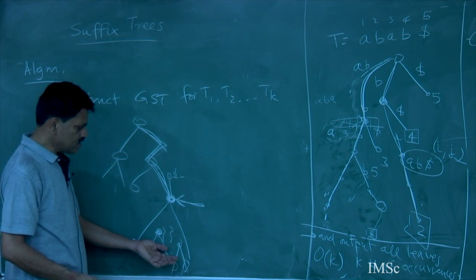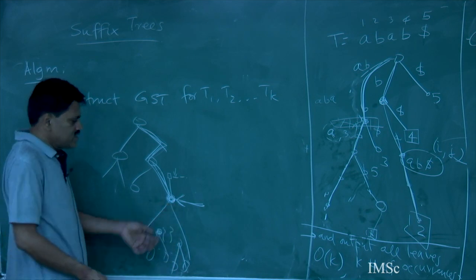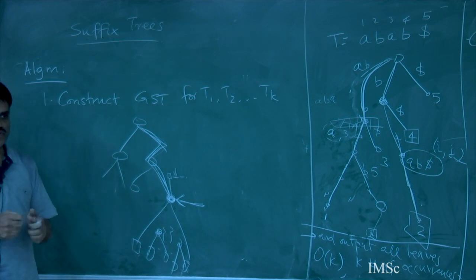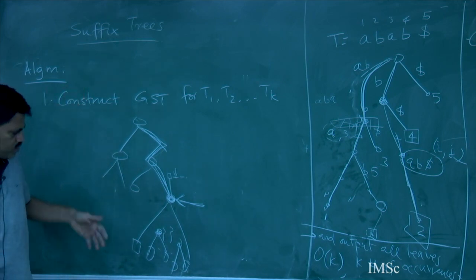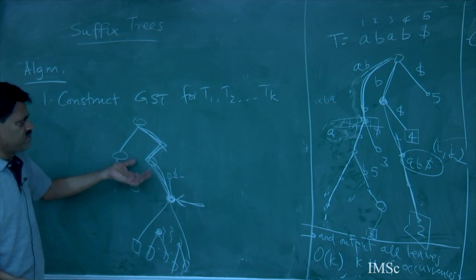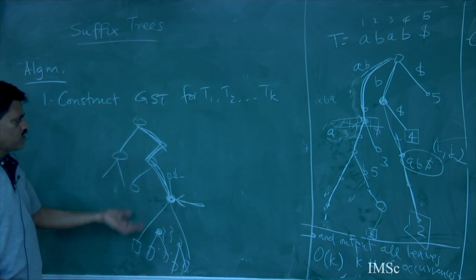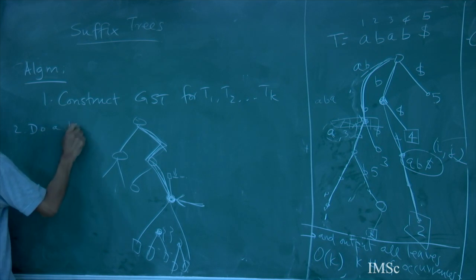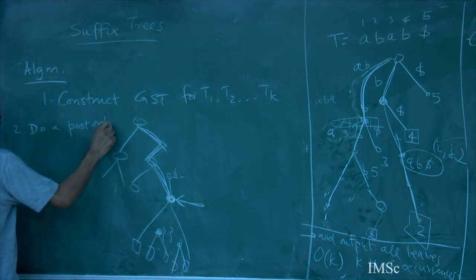Okay. As I go up, I just have to take the union of all my children and put it in my node, right. So, it is just a local computation. So, I just do a post order traversal of the tree, post order, depth first, whatever,